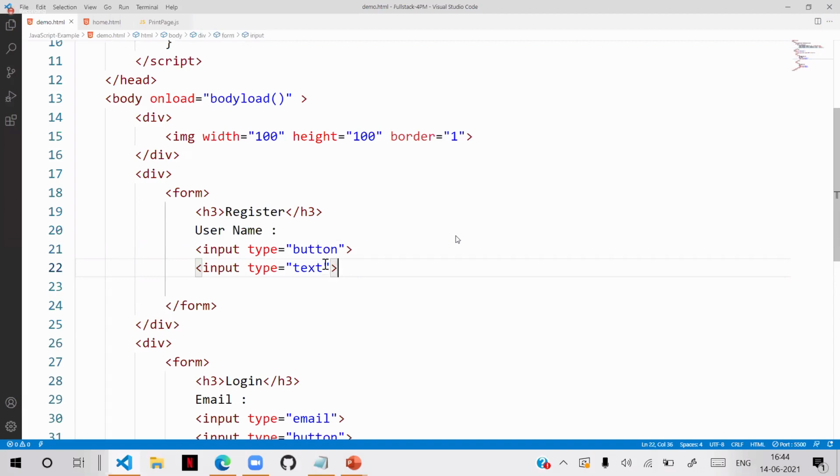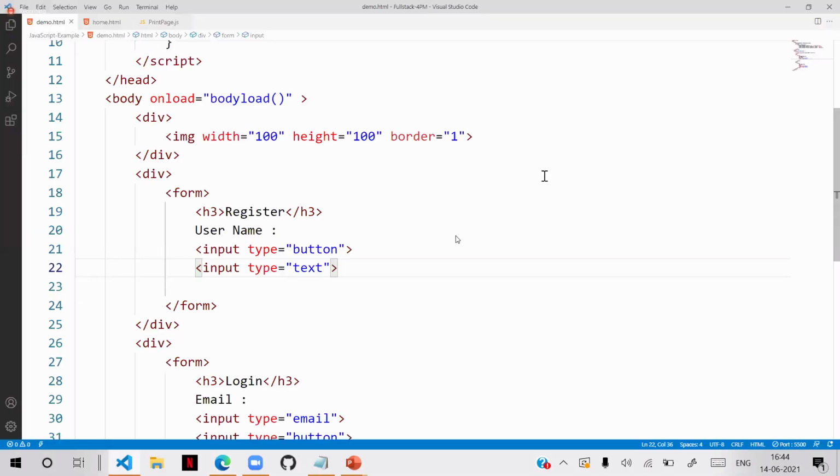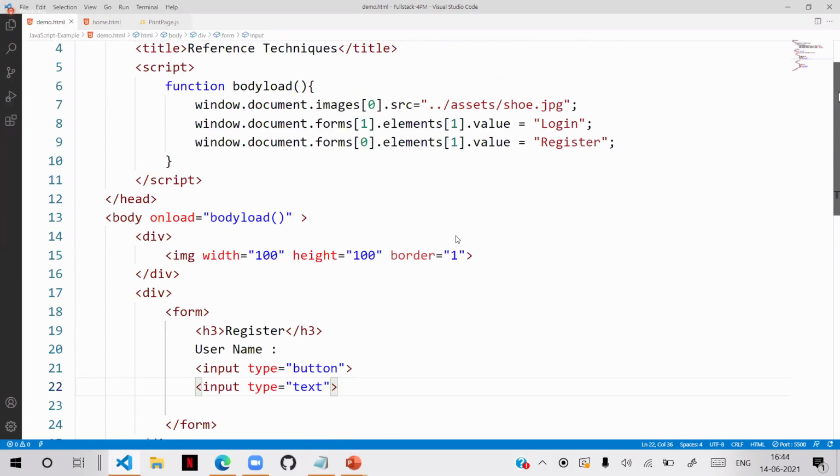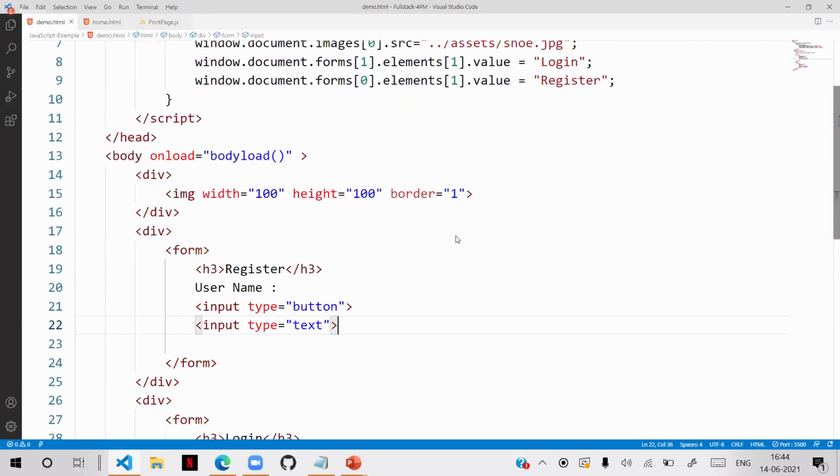And when its index number changes, it will automatically misplace the value. Now, whenever the position of an object changes, we have to change the index number in the code again. So this is a very risky option.